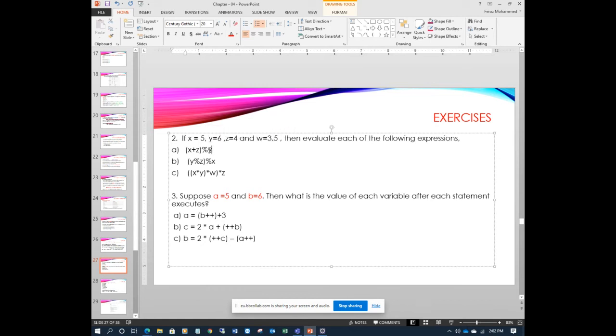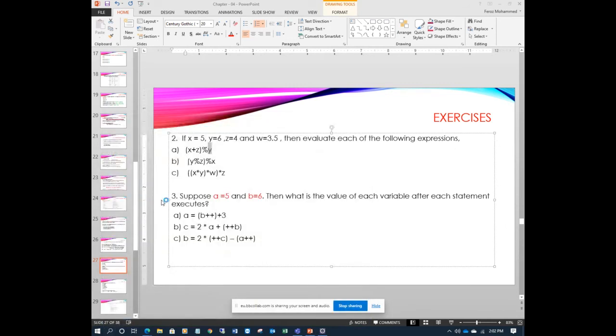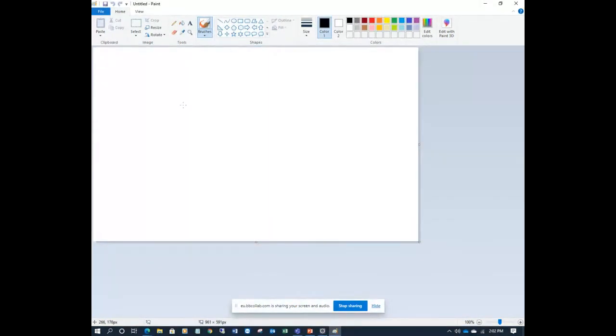Then 9 mod 7. Let me print it using the program. So the first one is 9 mod 6.